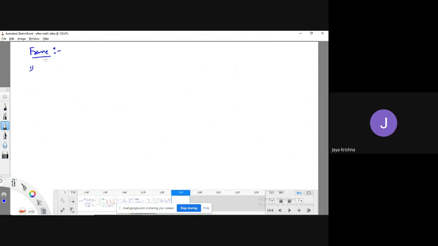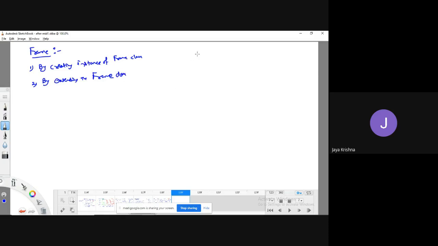One is by creating the instance of the Frame class. Another way is by extending the Frame class.